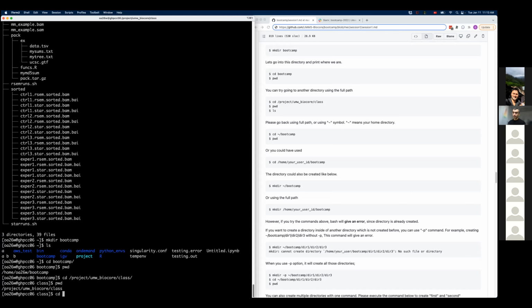Alternatively, as you remember, tilde is the shortcut for home, and then /bootcamp. They are all going to bring me to the bootcamp directory in my home.